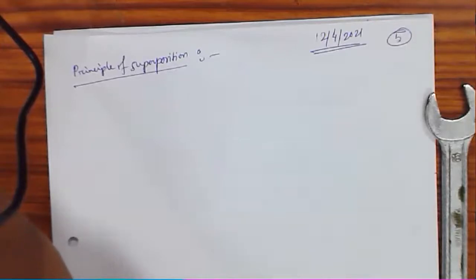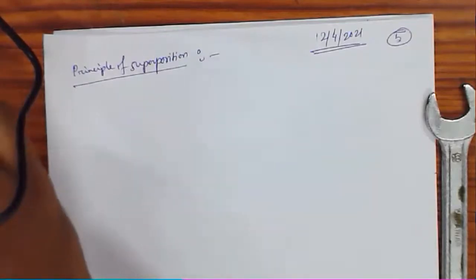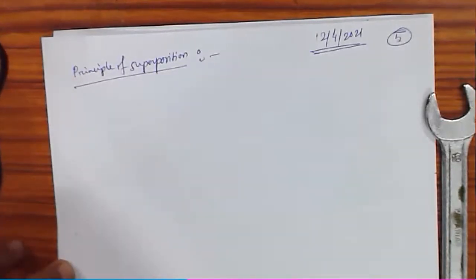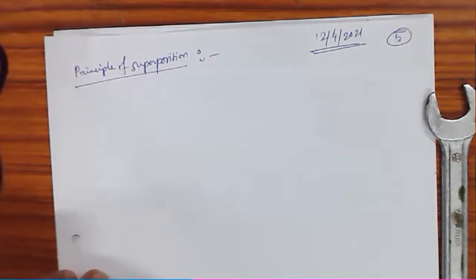While using this principle for an elastic body which is subjected to a number of direct forces, meaning normal forces, either tensile or compressive, at different sections along the length of the body, first, the free body diagram of the individual section has to be drawn. Then the deformation of each section is obtained. Now the total deformation of the body will be equal to the algebraic sum of the deformations of the individual sections. Okay, we will discuss this topic with the help of a very simple example.